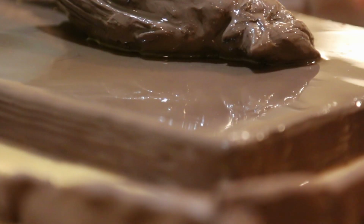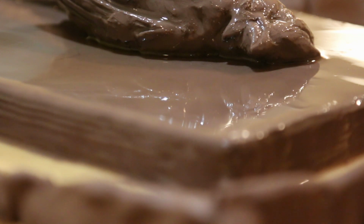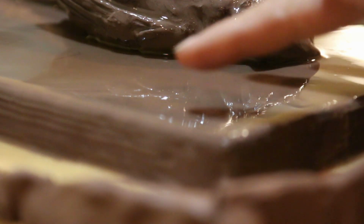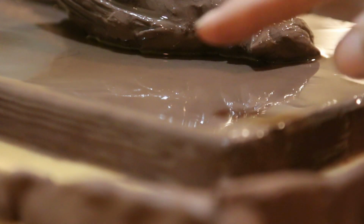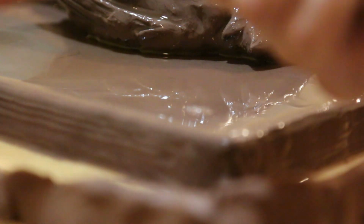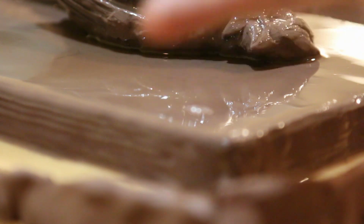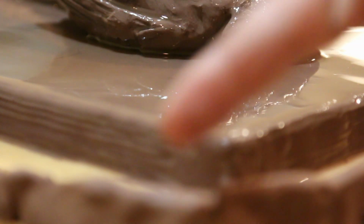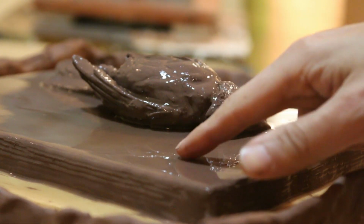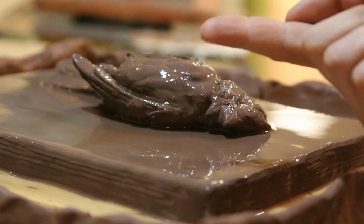Before I add another layer to this piece, you need to make sure that it's ready to accept the new layer. And I've been waiting around about an hour, and the way to tell is that you want it to not stick to your finger. So if you touch it, right now it actually sticks to your finger. There's my finger. So if it sticks to your finger, it's not ready. I'm going to wait a little bit longer, probably 30 more minutes. After 45 more minutes, now I touch it and it does not come off my finger, and it's ready for